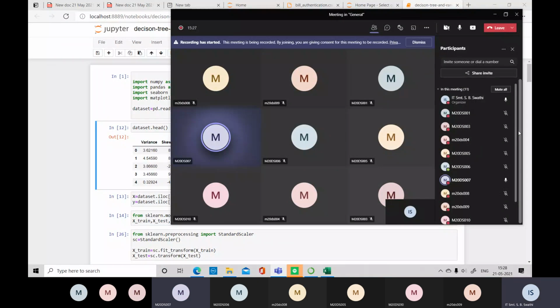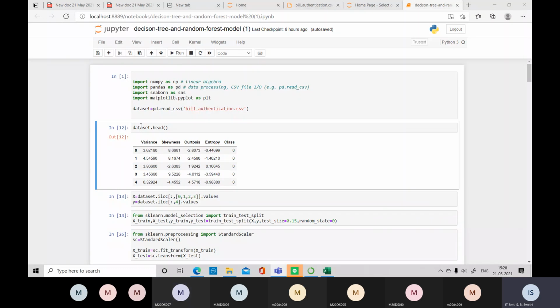Ma'am, why do we use Seaborn, madam? Seaborn is to draw the graphs, to draw complex graphs. See, Matplotlib will give only simple diagrams, simple graphs, 2D graphs, or pie chart, histogram. You won't get a lot of information in that.